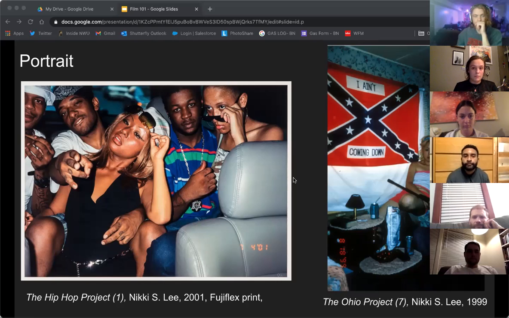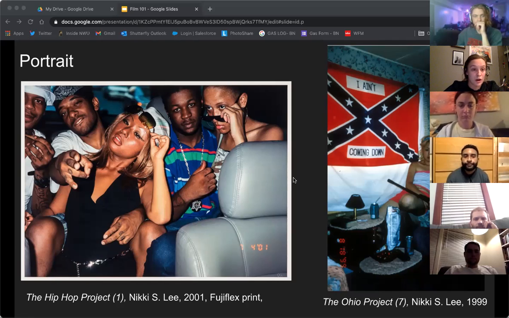But on the topic of Nikki S. Lee, she's very interesting and possibly controversial in multiple ways, but she went out on what she calls her projects. She completely immersed herself within a societal group of people, changing her clothing, her makeup, how she acted, how she sounded, everything about her, she designed to that societal group of people and that culture. She introduced herself to these people, said that she's a photographer, and then acted in that role for a long time, sometimes even months, to be able to build a relationship with these people, and then was